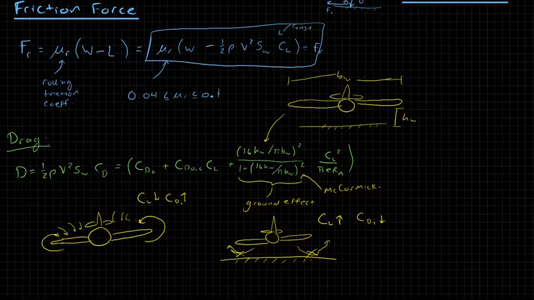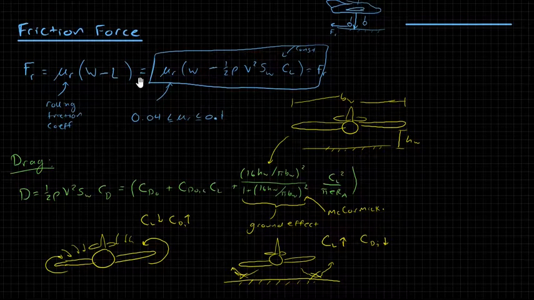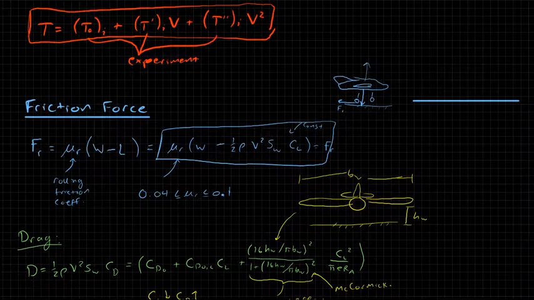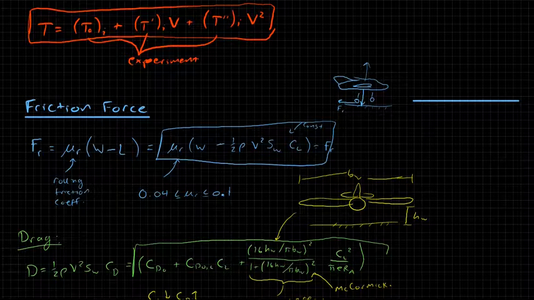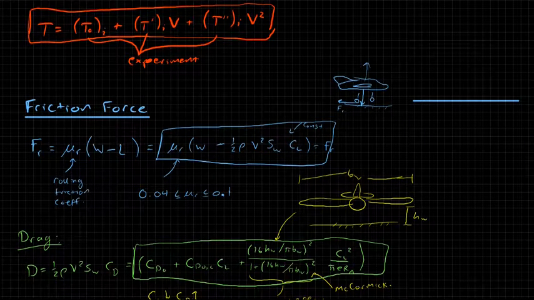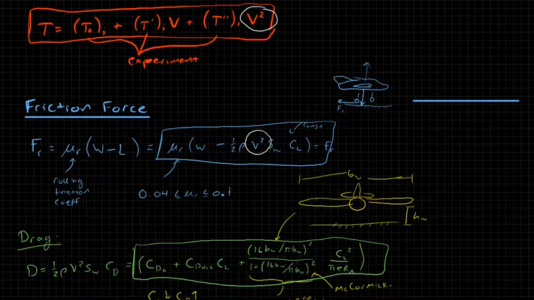So what we can see from our expressions of drag, friction, and thrust, I'm going to try and get them all on the same page here. Let me just square the drag just to keep things consistent. Okay, the real key takeaway here is that everything is a function of v and v squared. Okay, we have a parabolic function here. Everything that we have here. Again, the lift coefficient here is constant, and so that reduces to a function of velocity. Okay.